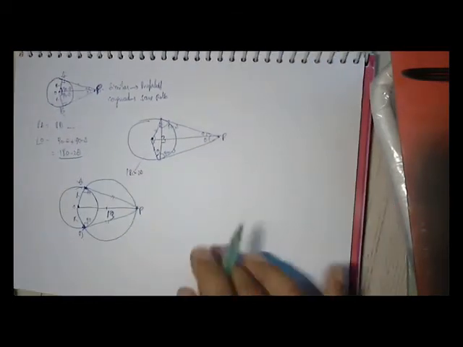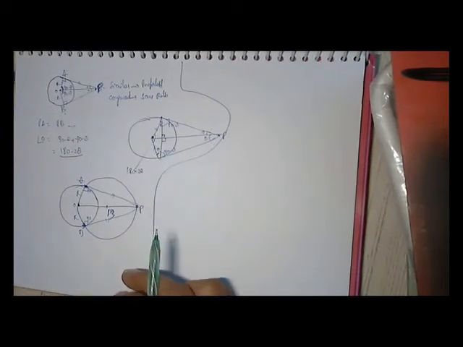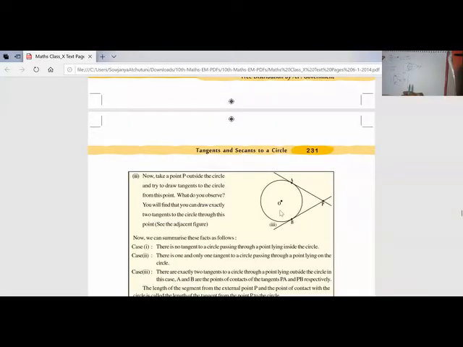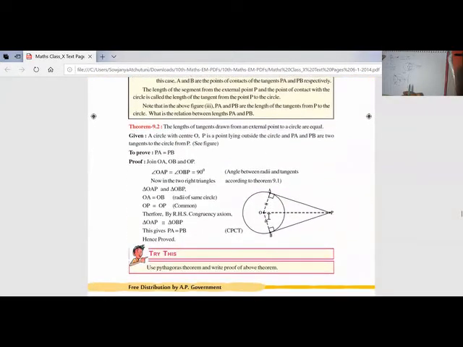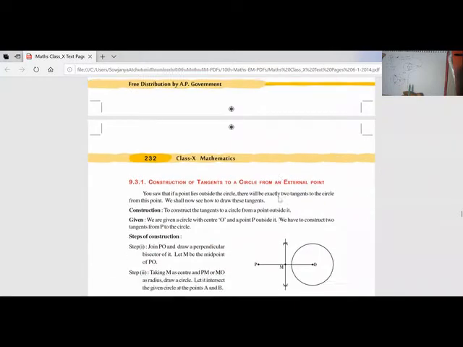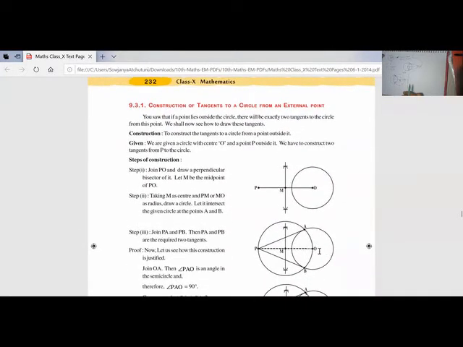So let us see the exercise 9.2 with this knowledge. Two tangents can be drawn from an external point. Same proof. Construction: from O you have joined the external point and the midpoint is taken. We have drawn the circle at the midpoint, and then we got these 2 points. How is this midpoint found? Either you measure and divide by 2, or with the same compass you can cut a bisector line. So you can join these 2 points.